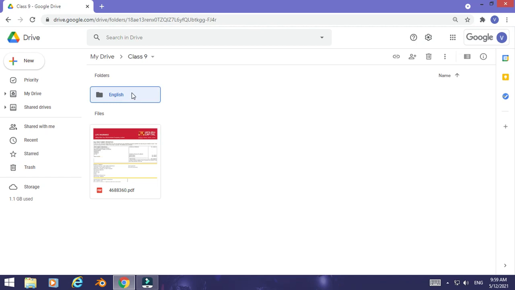Likewise you can create folders for maths, social, means all subject folders you can create, and you can store the files in that, their assessment in that. That is the simpler way that you can do. So you can create multiple folders inside a folder, as well as you can create the files also. Okay, so I hope this is clear, how to create a folder and how to create a file.